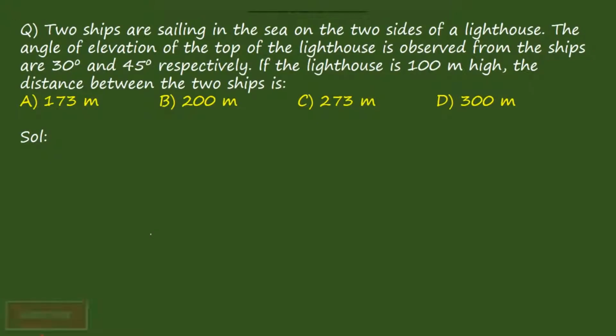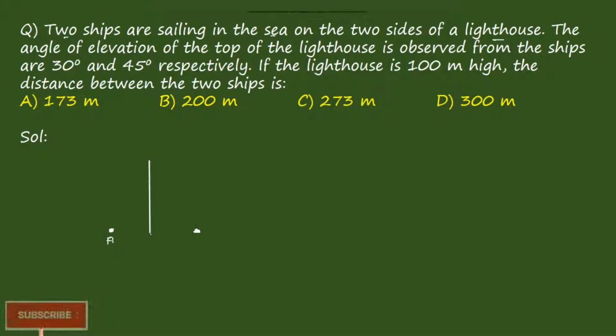Two ships are sailing in a sea on two sides of a lighthouse. The angle of elevation of the top of the lighthouse is observed from the ships at 30 degrees and 45 degrees respectively. If the lighthouse is 100 meters high, the distance between the two ships is? First we understand the question. They are saying there are two ships sailing in the sea on two sides of a lighthouse. If you consider a lighthouse here, and two ships are sailing beside it, right? Consider this one as ship 1 and this one as ship 2,